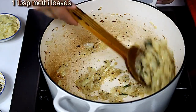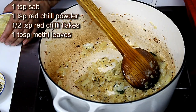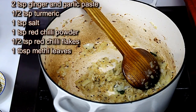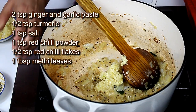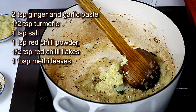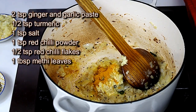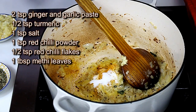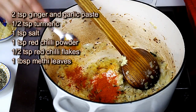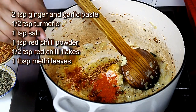Now the onions have turned golden brown and they softened a bit. So we're ready to add the other ingredients. I'm using 2 teaspoons of ginger and garlic, half a teaspoon of turmeric, 1 teaspoon of salt, 1 teaspoon red chili powder, half a teaspoon of chili flakes,